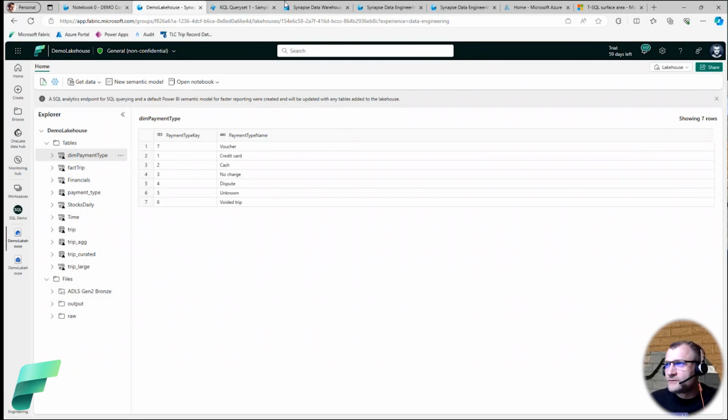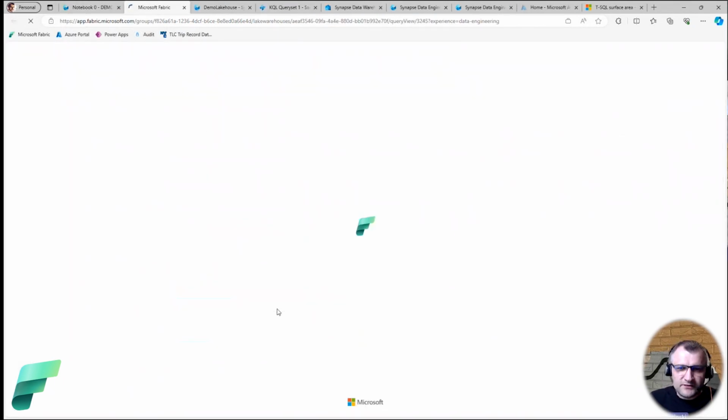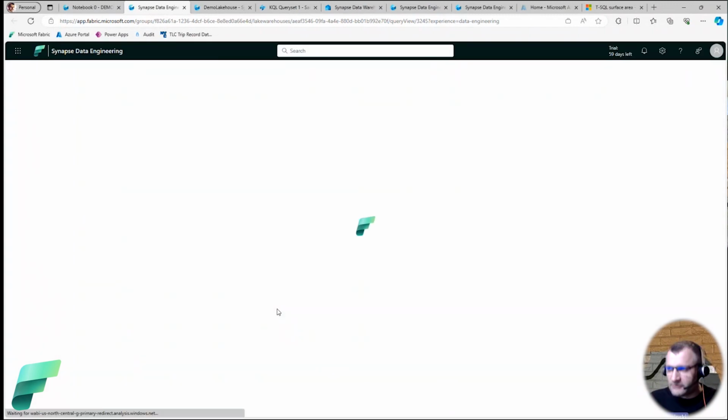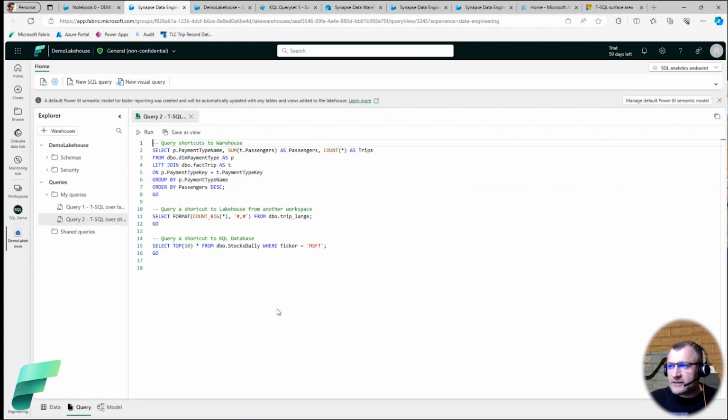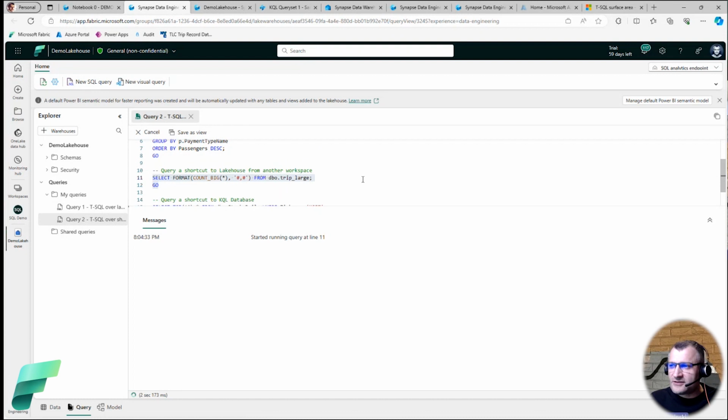And what can you do once you have those shortcuts created? So first of all, I can use T-SQL. If I created a shortcut to a table in the tables section of my Lakehouse, I can go and select using just the name of the table. So here I created a shortcut called trip large, which points to another Lakehouse in another workspace, and this table